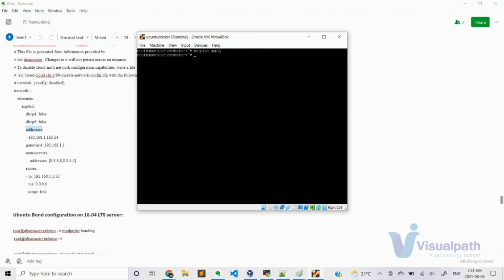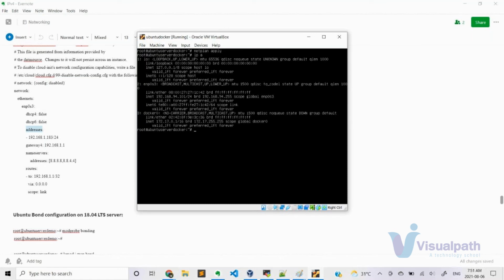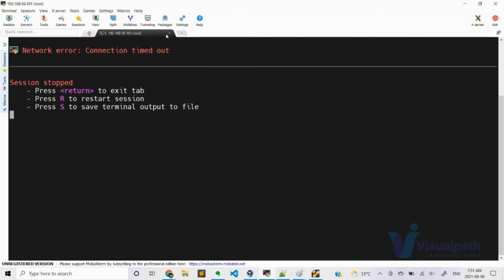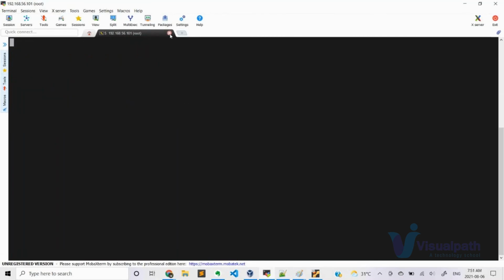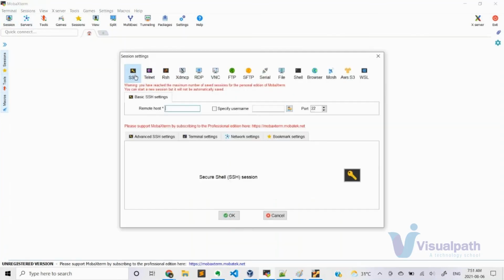So let us see what the IP address is, whether it got reflected or not. You can see the IP address got reflected. Okay, so let me try to do an SSH. Anyway, you cannot do a ping to google.com, that's default behavior. That is not possible. But let me try to do an SSH, right? Close this. So take a session, SSH, give the IP address 192.168.94.101,